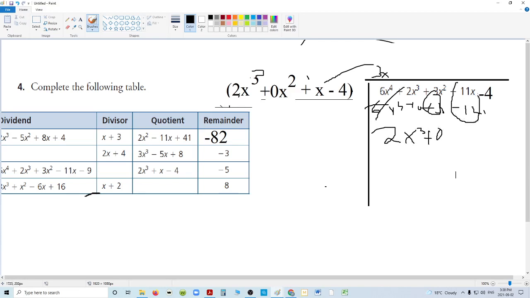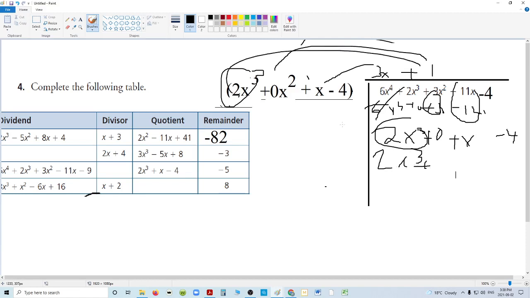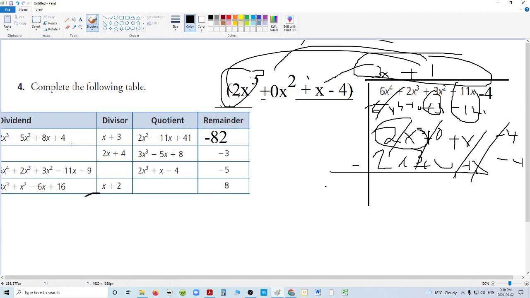And when I add 12x and 11x, I get minus minus, I get plus x. And then I bring down the minus 4. And then I say, well, how do I get 2x cubed from 2x cubed? I just multiply it by 1. 1 gets me 2x cubed plus 0 plus 0 plus x, minus 4, minus 4. When I subtract it, cancel, cancel, cancel, cancel. So 3x plus 1 goes right here. 3x plus 1 was the thing that I divided into this to get that with that